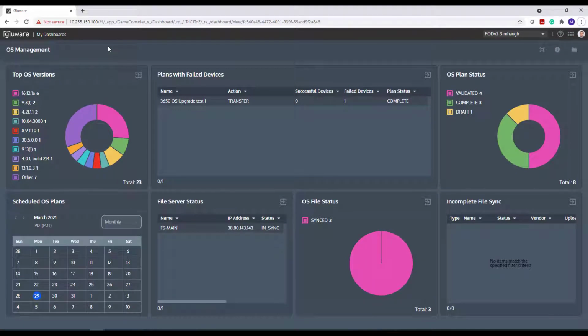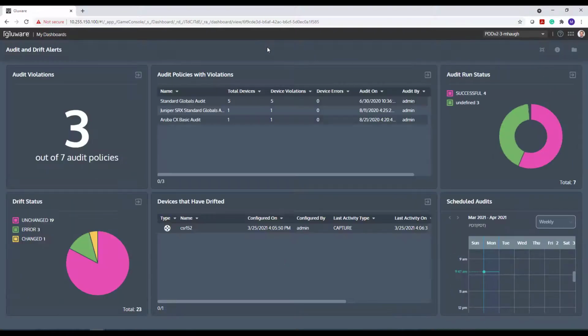So one of the next things I want to highlight for you is that every widget here is filtering information or presenting information to you about the underlying data. So let's say I want to see, and let me switch to, again, if the Alt arrow, make sure you click on the dashboard. So here in the Audit and Drift Alert dashboard, I wanted to highlight for you that